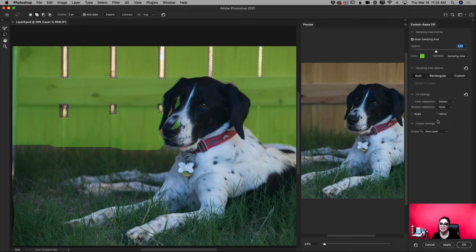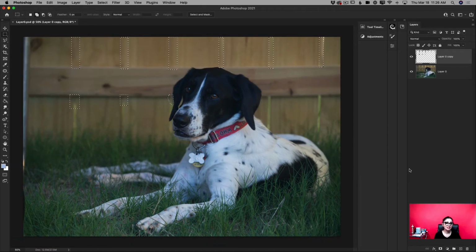And look at this. Also, you can change rotation adaptation between none, low, medium, high, and full. It's up to you. I will not touch rotation adaptation today at all. But I would like to bring your attention to output setting. I always specify output setting to new layer. I will click OK, and just like that, Photoshop